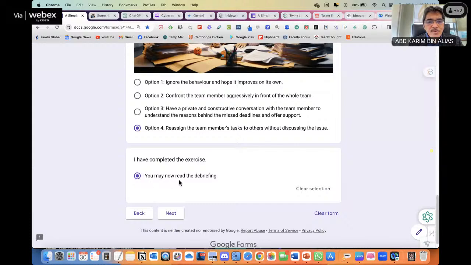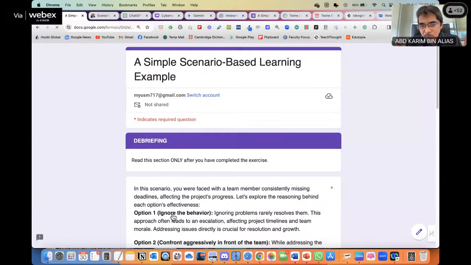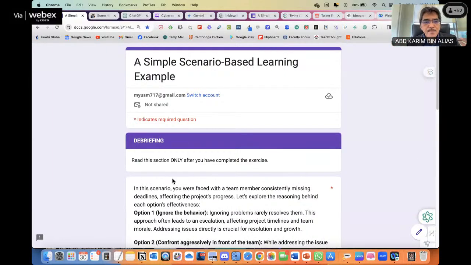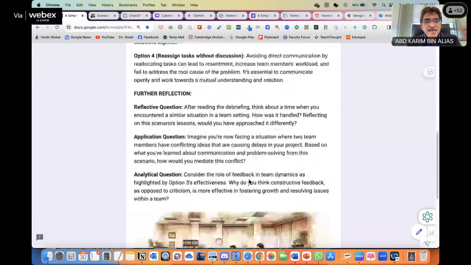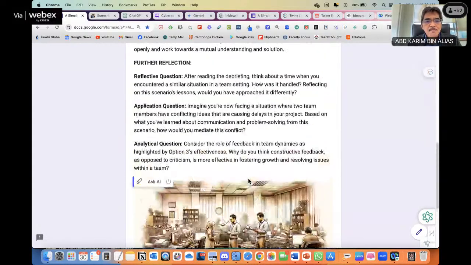Then you may now read the debriefing. Apart from giving feedback for each option and the hint, after they have completed the full scenario, we give them a debriefing. This is another part where students will learn more. We can use ChatGPT to help us design the debriefing also.